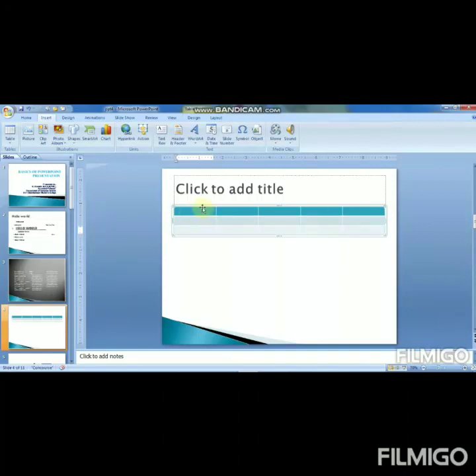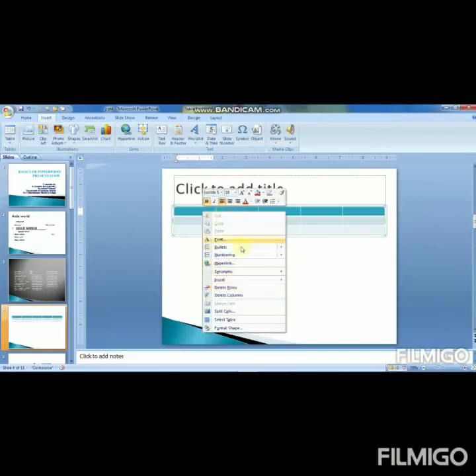If you want to add a new column, you just click on the table and then right click on it. It shows some menus. You can choose the insert option, insert the column to the left side or on the right side, and if you want to add a row, above or below, you can choose it. In case you want to delete the row or column, you can choose the delete rows and column options. Next one, split cells and select table.